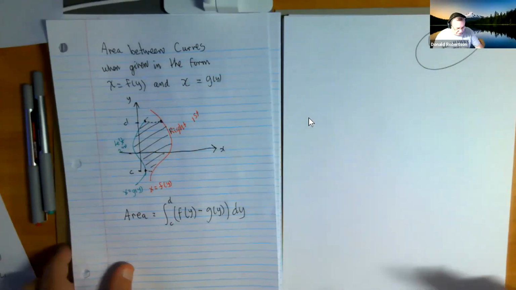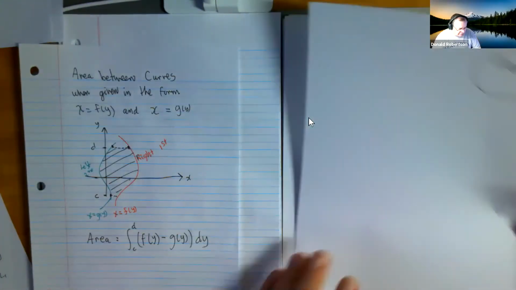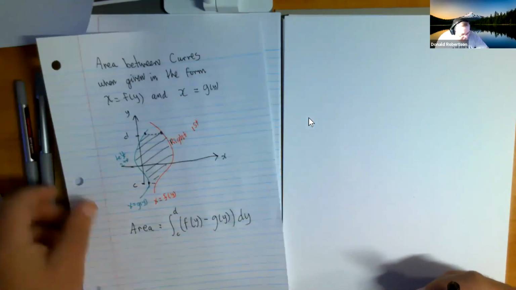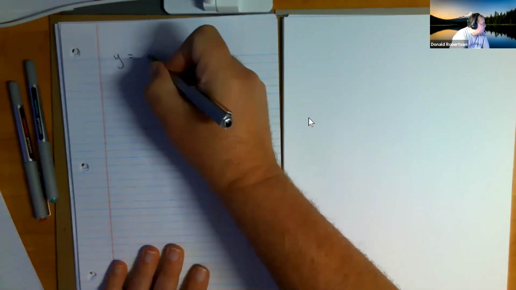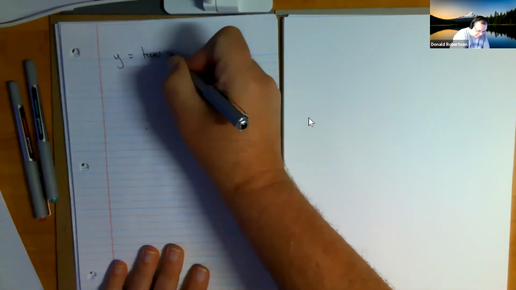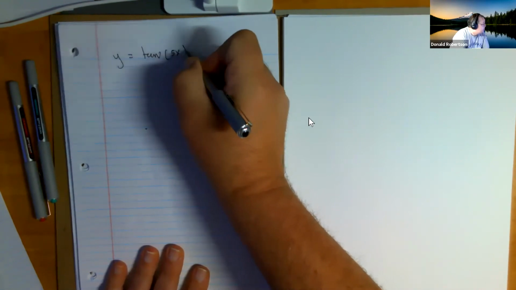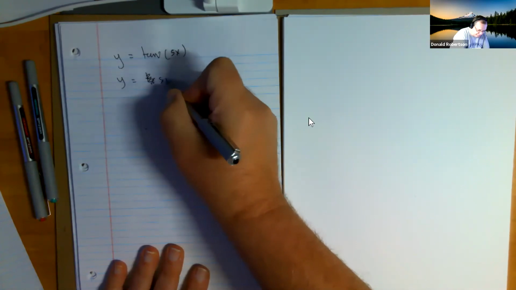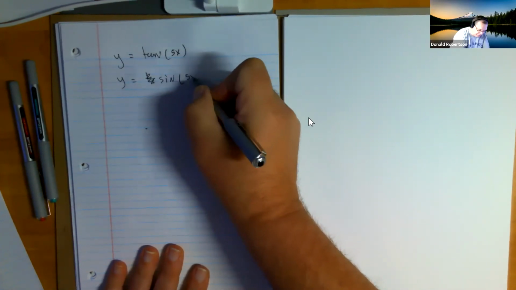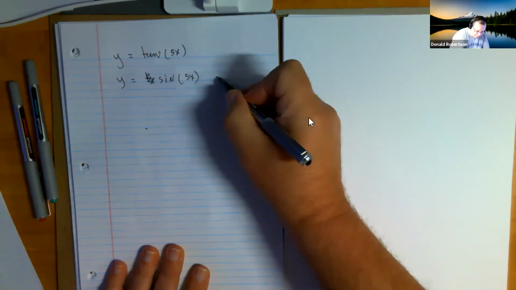So I think to finish off with this section, what I need to do is give you some ugly ones to do. I'll be doing them with you. Of either form, it really doesn't matter. So I'm going to do y equals the tan of 5x and y equals the sine of 5x, but we're being asked to do it